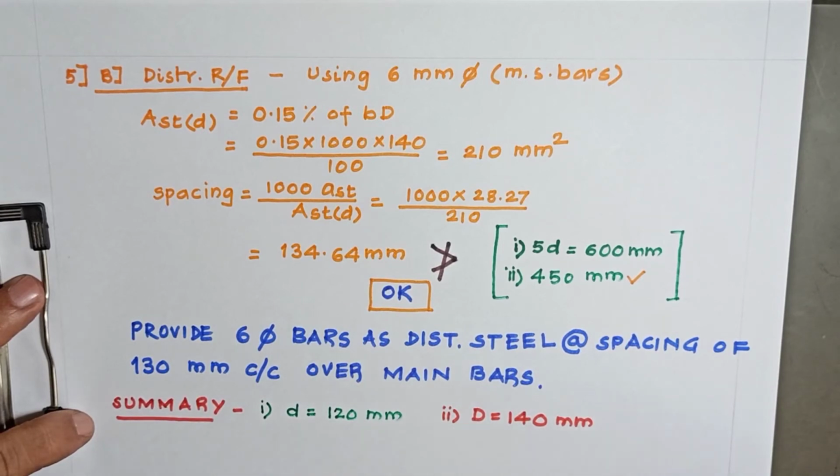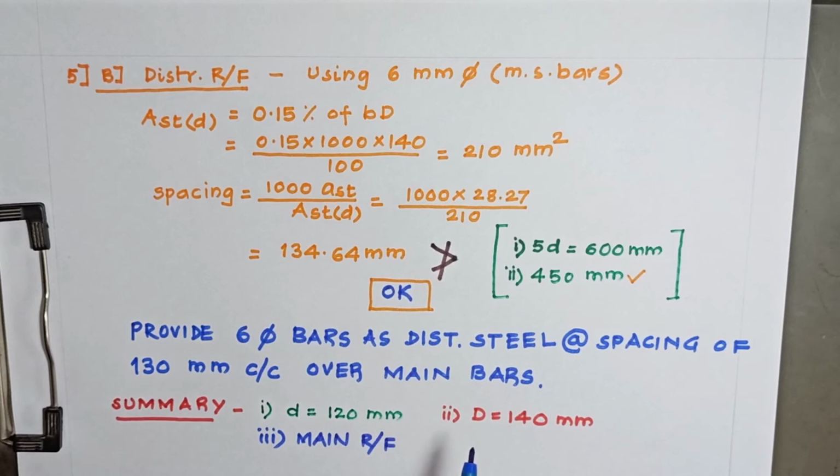Third one, main reinforcement. What is main reinforcement? We have provided 8 tor bars at a spacing of 130 mm center to center,